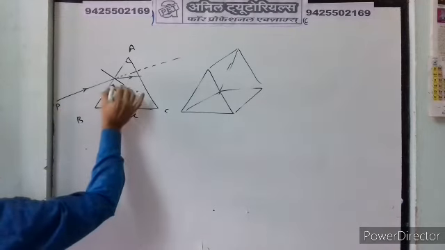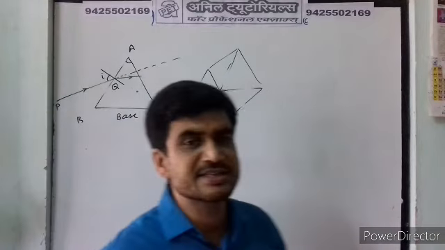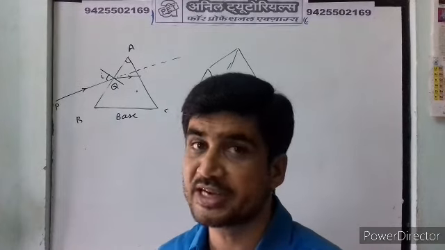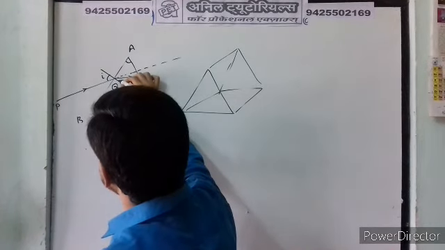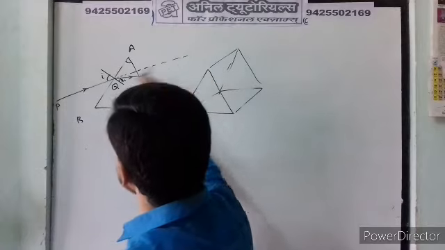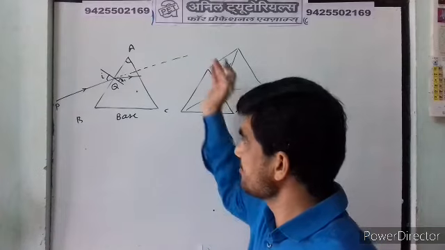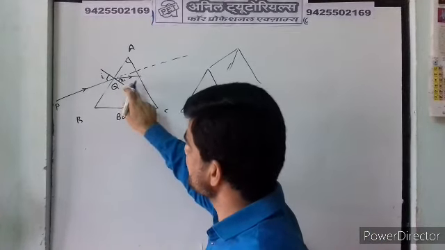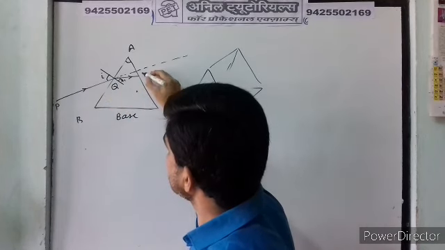Suppose PQ is the incident ray and it makes an angle i. Okay, see, in a denser medium it moves towards the normal, and whatever angle it makes with the normal in a denser medium, here this will be the angle of refraction. Say it is r1. Okay, this is the previous path of the ray when it is in the same medium. Just see, PQ is the incident ray and it moves towards the normal. QR is the ray which is in a denser medium.